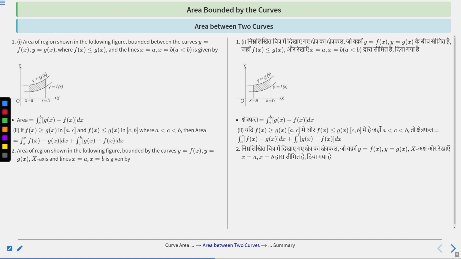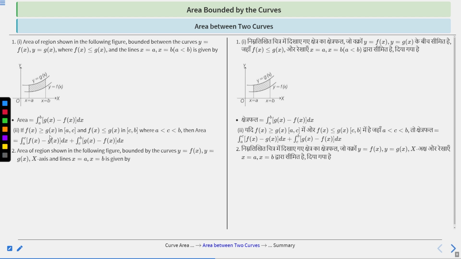See, how will we calculate the area between the two curves? That is the area of the shaded region. We will calculate it. See, g(x) is always greater than f(x), right? Therefore, we will calculate the area as the integral from a to b of g(x) minus f(x) dx, right? Why have we done g(x) minus f(x)? Because if we do f(x) minus g(x), then the area will again be negative. So we will see in which interval which function is larger. So here g(x) is larger, therefore we will do g(x) minus f(x) dx from a to b, right?